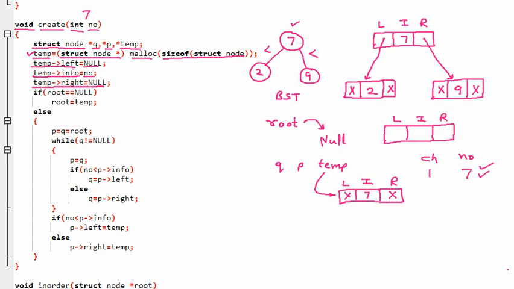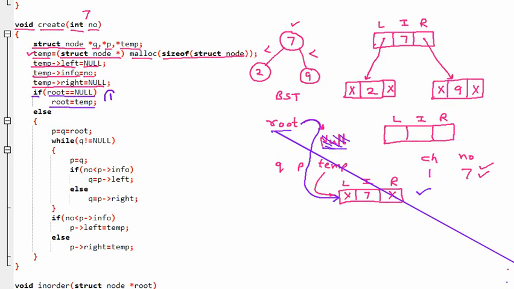So here if root is equal to null, we know that in the starting we have mentioned that root is null, so we already know this thing. In that case we will say root is equal to temp. If root is null, then this root will now be pointing to temp, and where the temp is, it will point there. So this null is no more there. Now the root is pointing to our first node. So this is case number 1. There can be case number 2 if already there is some node present.